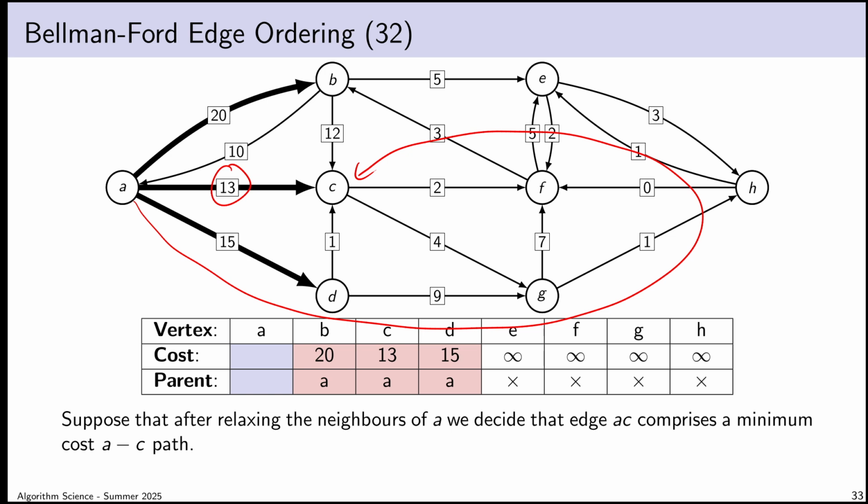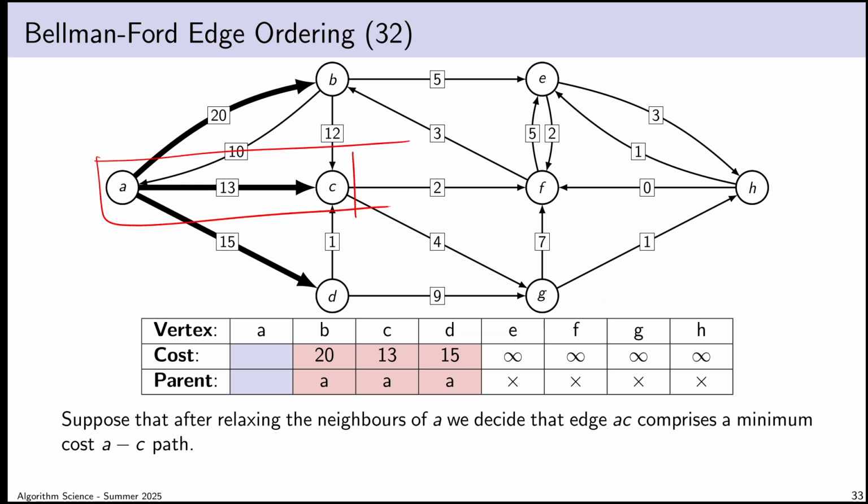There is a huge flaw, a gaping flaw in my logic that I'll come back to in a few slides, but intuitively, that's the logic I want to employ here. Okay, so suppose that I now conclude that the minimum cost path from vertex A to vertex C has been locked in, that there's no way to get to vertex C with lower cost than this. Observe that although I just said my logic was flawed, actually in this case I'm right. It turns out there is no lower cost path to vertex C. You'll see why, despite the flaw in my logic, I'm correct in this case in a few slides. There's actually a property of the graph that tells us that my assumption turns out to be correct here.